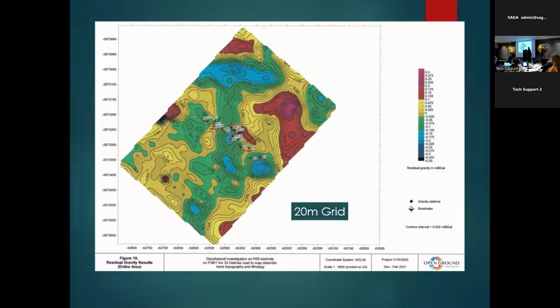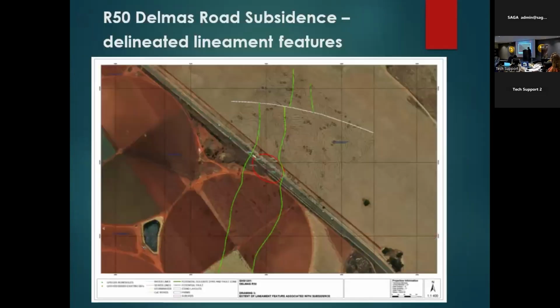As you can see here, this is where the road is and where we drilled. Got this long lineament feature here. Then there's this actual displacement of this going there. Gravity high. This is where the subsidence is located. So very, very steep gradient here. Just showcasing where the subsidence is located within that previous section. And here you can see the displacement area.